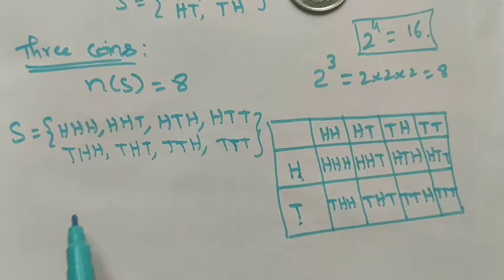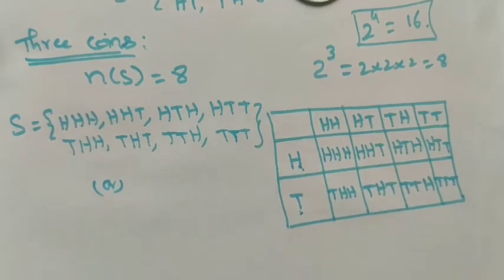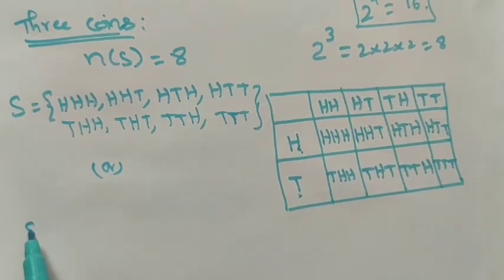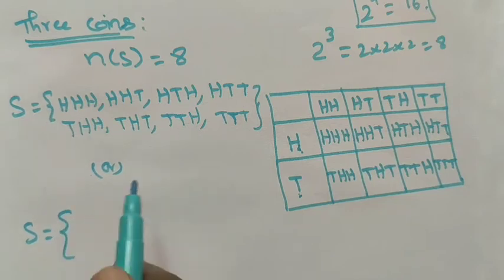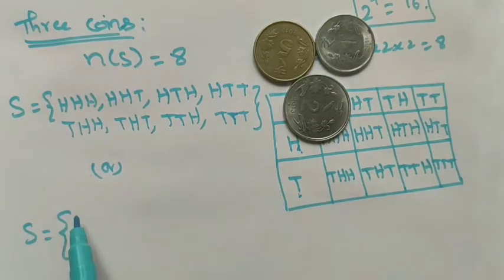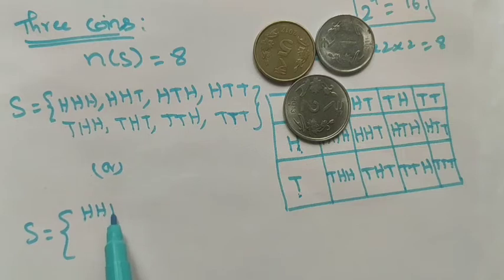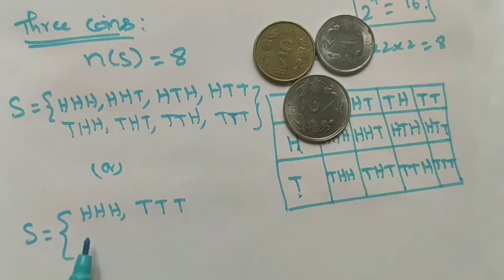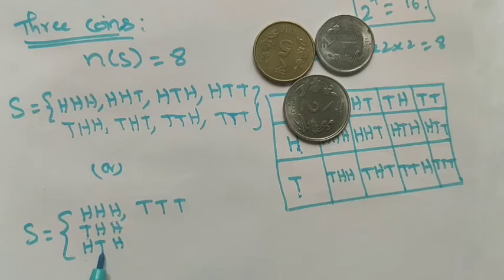This can be written in another, very easy and simple method, that is sample space S is equal to: we know that for 3 coins, all 3 are head, and we have the chance that all 3 are tail. So from here let's start with t, h, and then move to the next term, that is h, t, h, and this t moves to another term, that is head, tail.